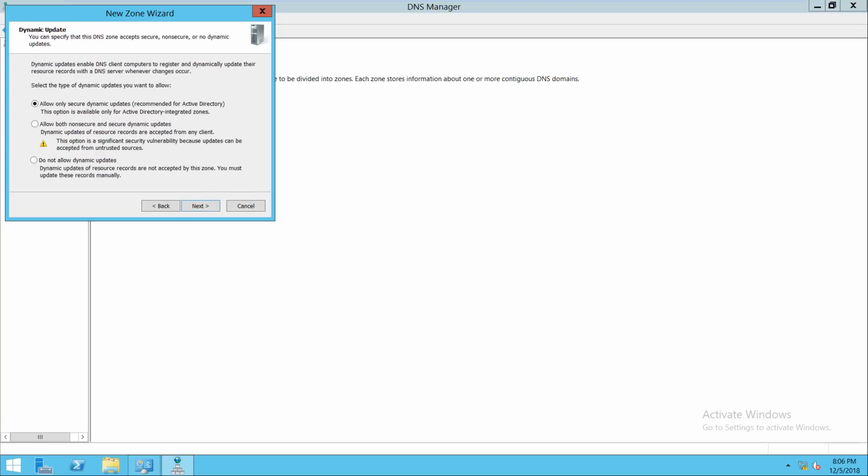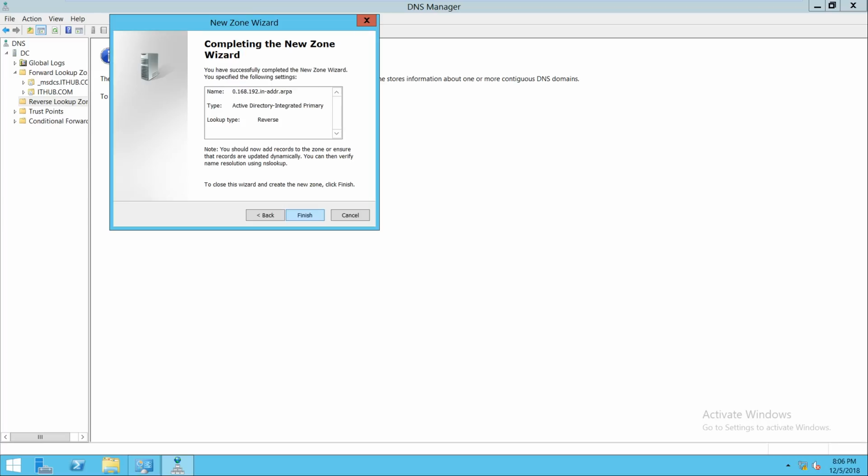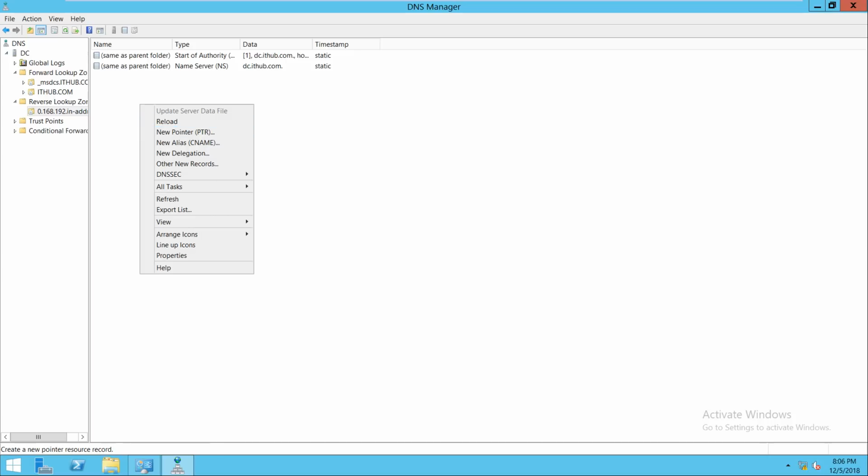Just click on next, and I'm taking both non-secure and secure dynamic update because this is my test environment, and I don't care if any non-secure update is also added. So just click on next, click on finish, and just expand your reverse lookup zone and click on this, and right click on free space area and just